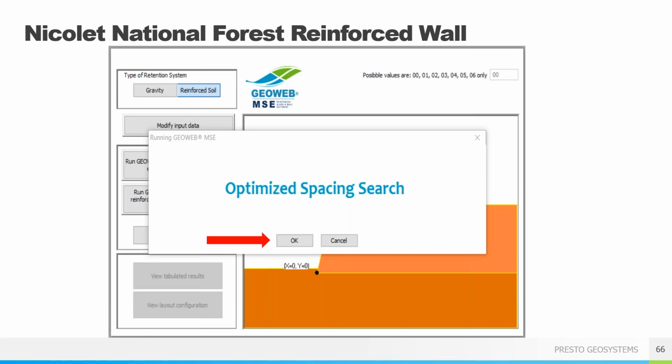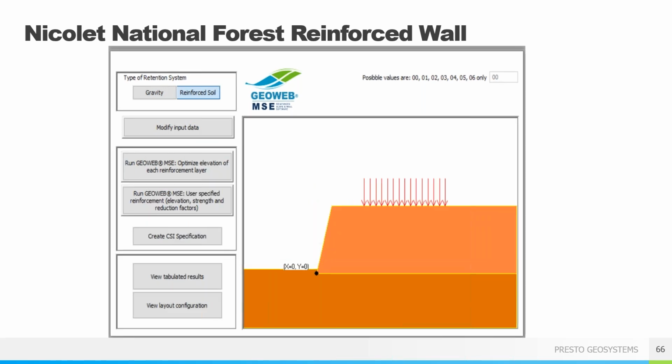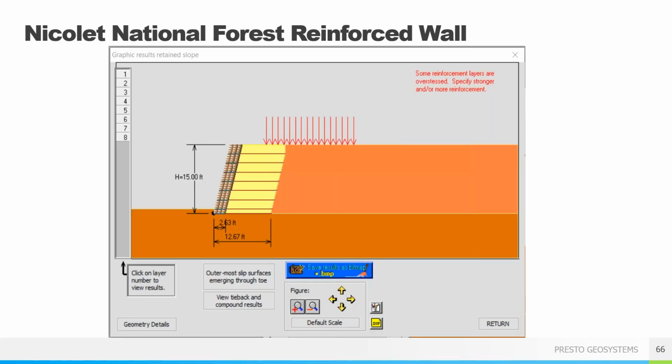Once again, just click OK here. And here you are in your program. Once again, we can look at the layout and the tabulated results. So we'll look at the layout. Here you're going to see it ran the analysis: a 15-foot high wall, a 3-cell wall panel here. It shows the geogrid lengths of 12.67 and shows the surcharge loadings.